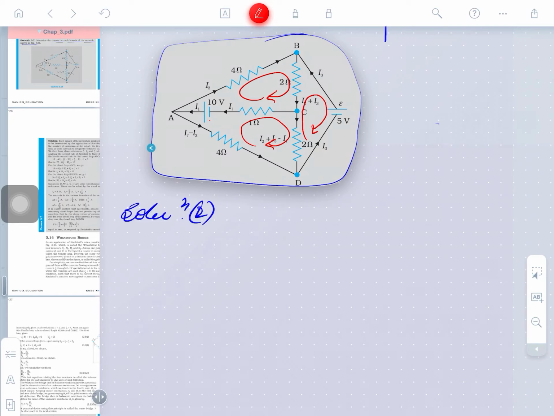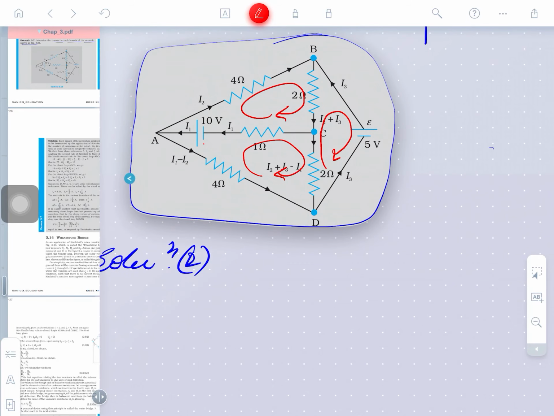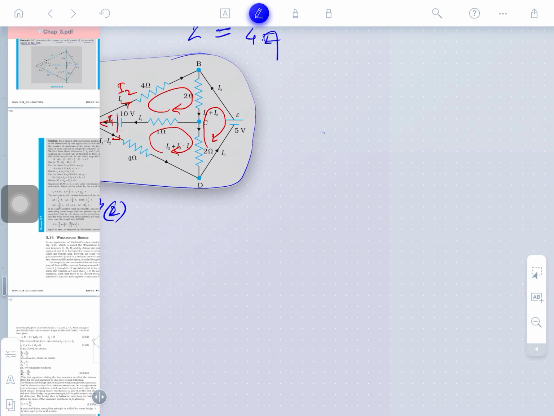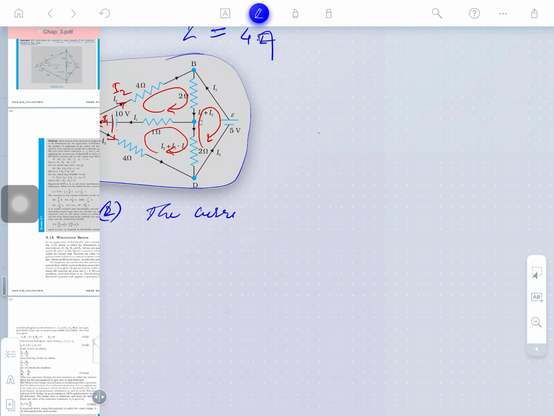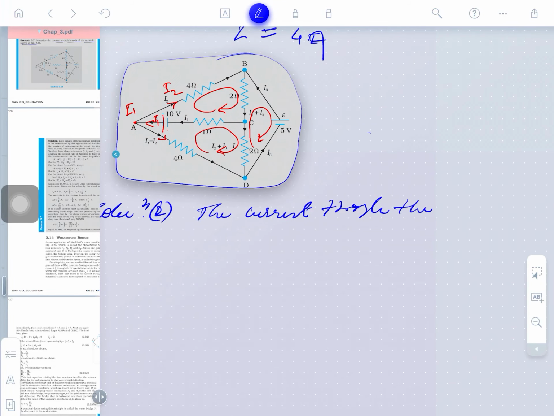First you will see where the battery is. This is one battery. Suppose the current drawn from the battery is I1. I1 is coming. The current through this branch is going here as I2. So what will be the current through this? Obviously I1 is coming out at the junction. So you will write down here: the current through the line, what line is it? AC.